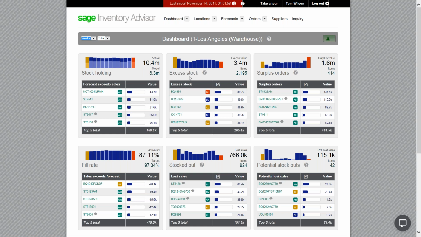And that's defined as inventory above the maximum recommended stocking levels. And right now there are 2,195 items in Los Angeles that are in excess, and just the value of that excess inventory is costing your business $3.4 million. And if I click where it says Full Report, I can get a list of all 2,195 items that are currently in excess. And from this list, I can filter, sort,